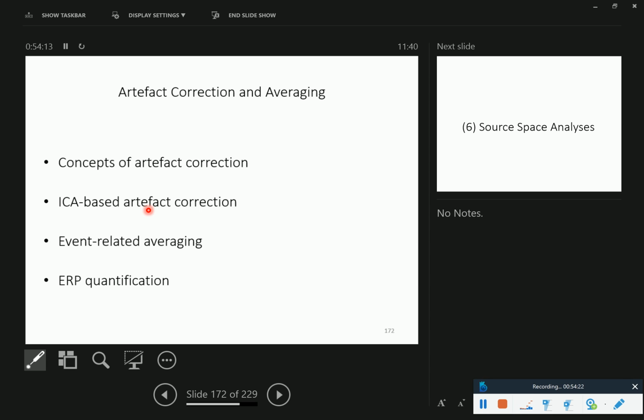So the important points from this section are really the concepts of artifact correction and the ICA-based artifact correction and steady-state potentials. Yeah, no questions? That's good. So you said there was some problem with the ICA-based approach because you have to estimate the weights and the independent ones. And there were also problems with the concepts that we discussed before, the fixed threshold. So the alternative would be